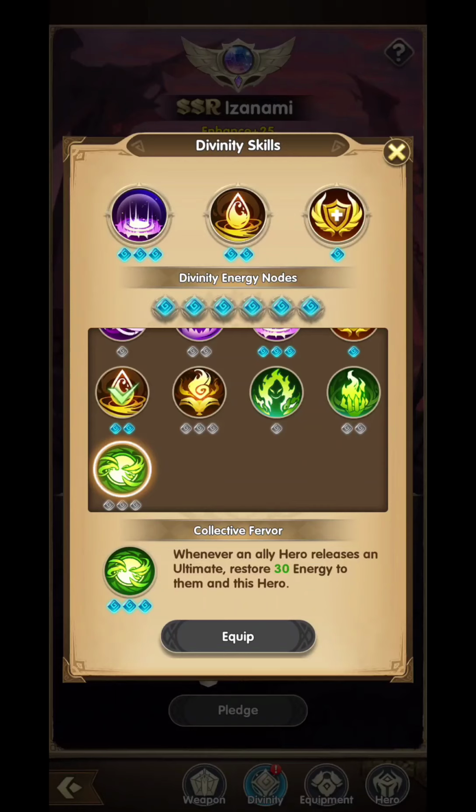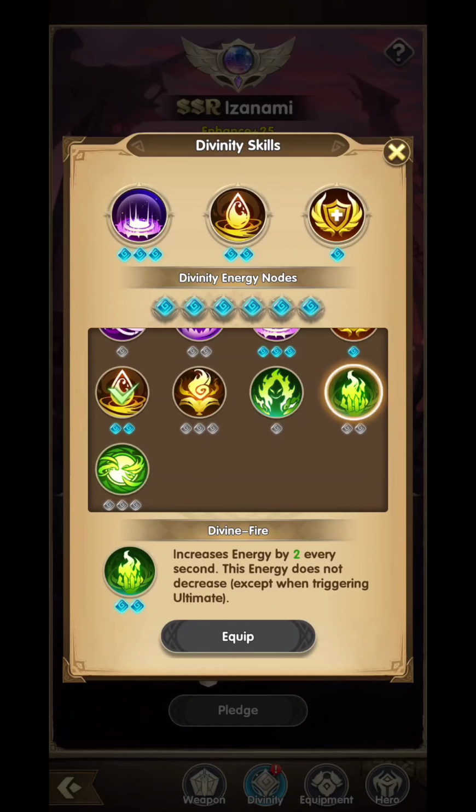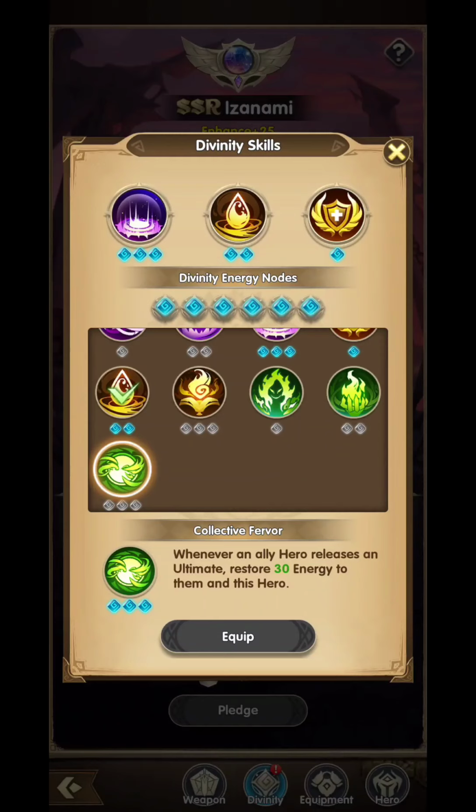So if Izanami is your 100% carry, like she's 40 levels higher than everyone else on your team, you're going to want to use Divine Fire because dead allies are not going to be helping you at all. This can help you get your ultimate because sometimes getting that first ultimate is all it takes to beat the stage, versus if your team was relatively the same level in effectiveness, then this would be the better choice because